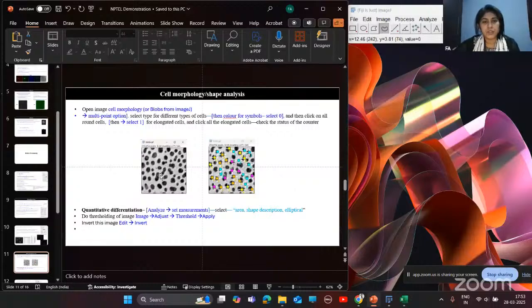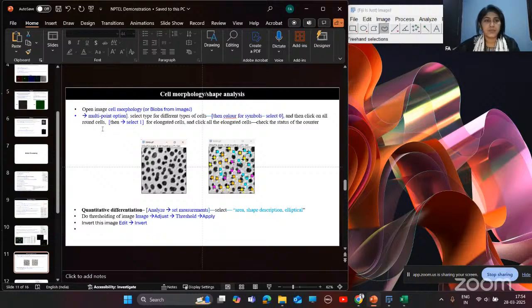And if you want to count a particular morphology of different cells, how can you count this? You need to follow these steps and this method.